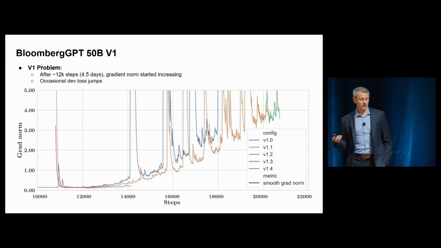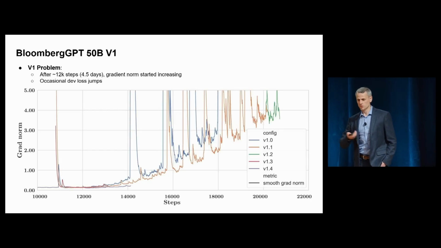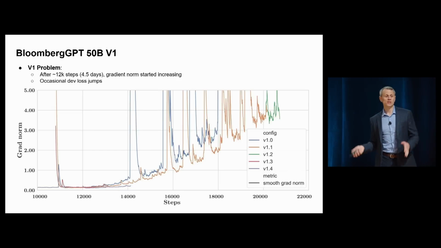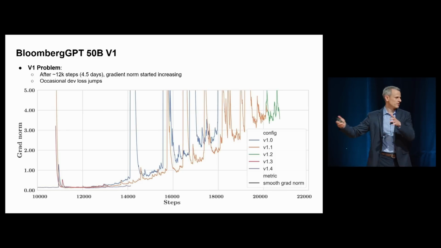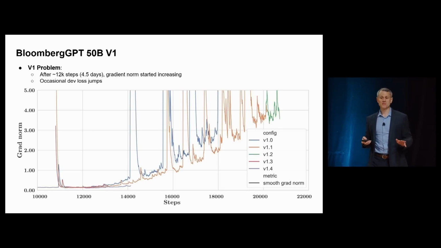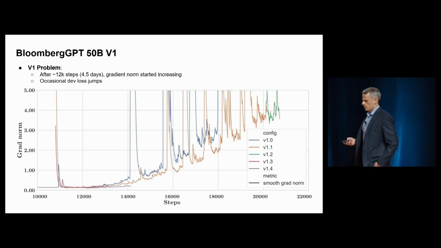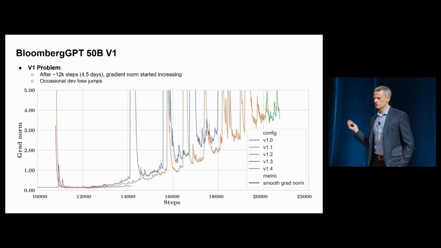Luckily, we had an approach because the OPT team shared their recipe for when they encountered this situation. Their recipe is to rewind training to before the spike happened, shuffle the data coming up ahead, because maybe there's something odd with the data right there, and lower your learning rate. So we did that, and we ended up with this orange curve, which seemed to do better, but really it was just delaying the spikes and the increase. So also not great. We tried a few more things of the same style, and we still had the same problems.